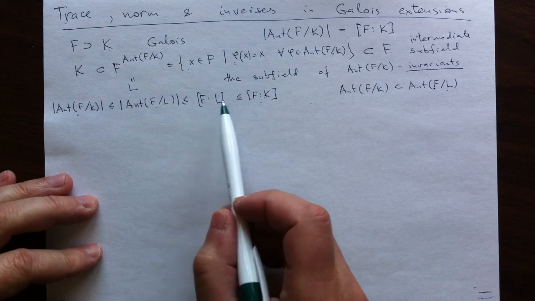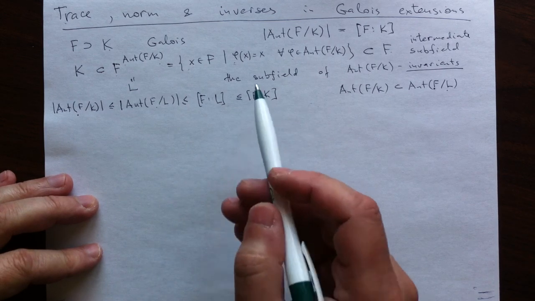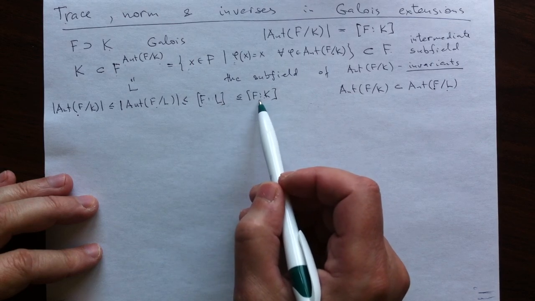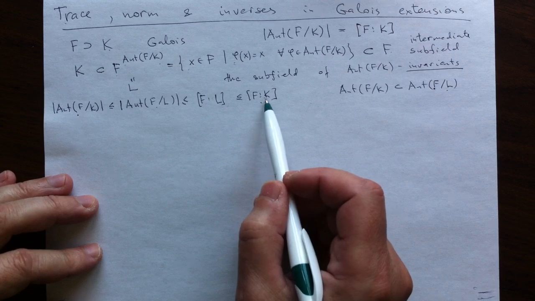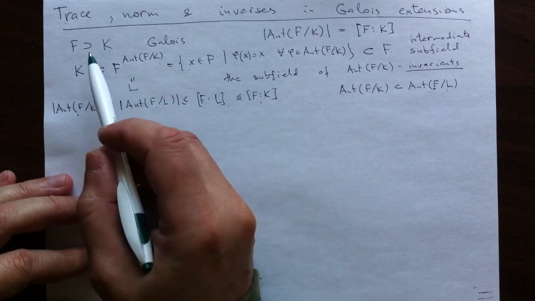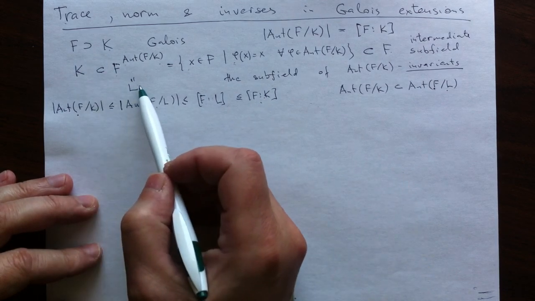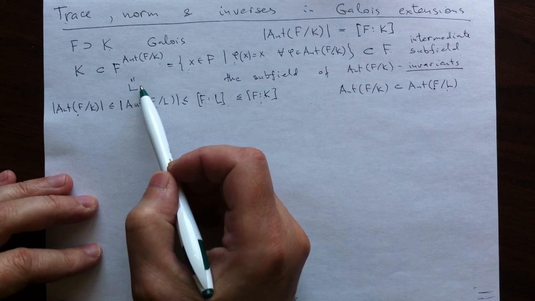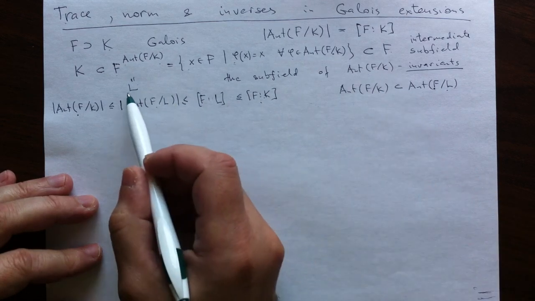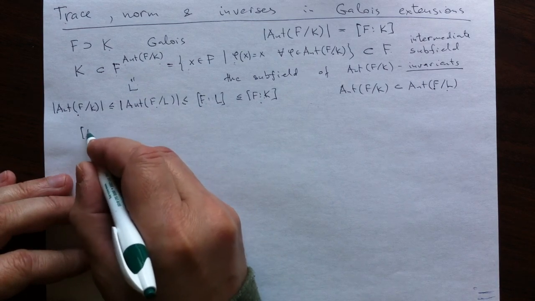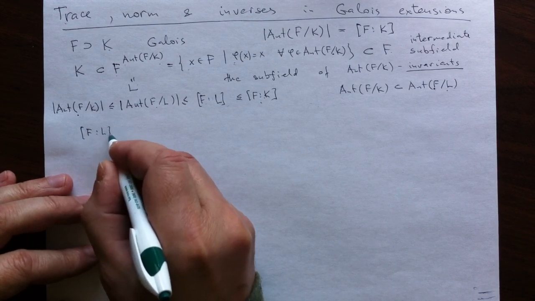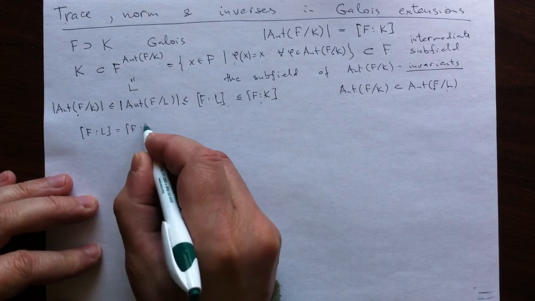And if these numbers are the same, it would be just saying that the dimension of L over K is 1. So L, as a vector space over K, is of the same dimension, it must be K, because K sits inside. So we proved from the Galois condition, since these are equal,